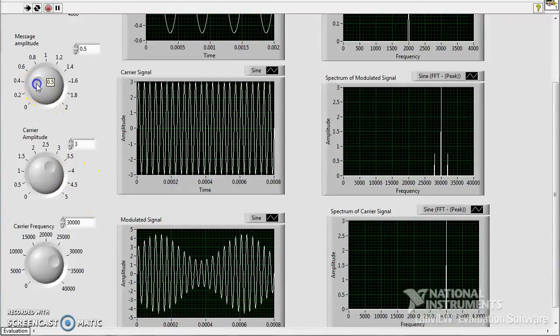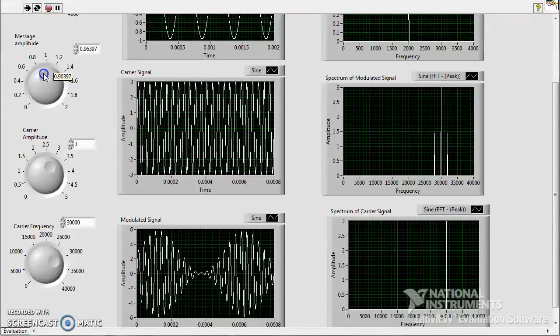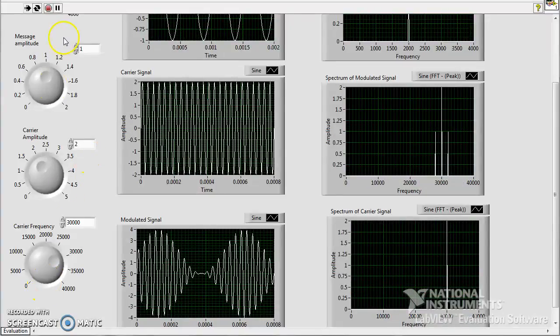Now let me vary the amplitude of the message signal. Let me keep it at 1 volt. 1 plus 1. Since the message amplitude is 1 volt, 1 plus 1 is equal to the carrier amplitude, we could see it has been perfectly modulated, where you could see the phase shift at this time instant,